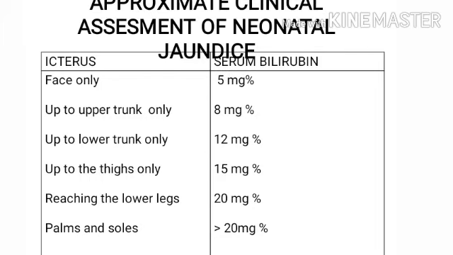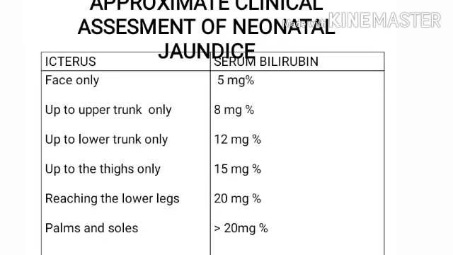And if the palms and soles of the newborn infant show icterus or yellowish discoloration, then the bilirubin level will be more than 20 milligram percentage. This is a very dangerous level. Above 15 milligram percentage is also dangerous, and if it reaches above 20 milligram percentage, it may cause serious complications